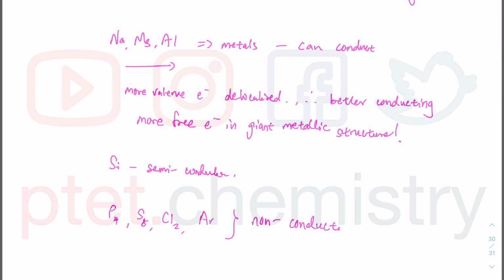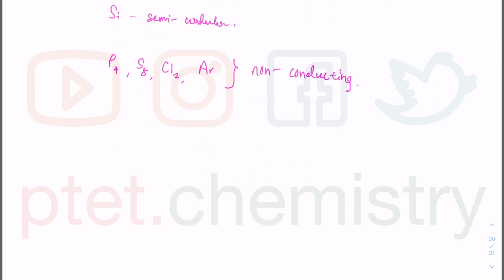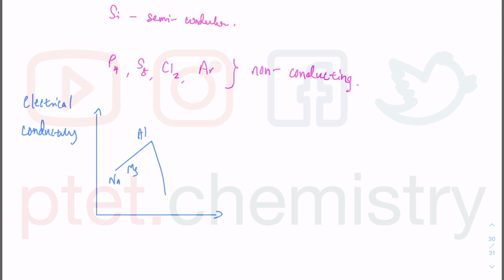So before I look through the options, I should really be thinking about, let's just sketch it out. Let's sketch out how our conductivity would look like. So if I have electrical conductivity, it will go up from sodium, magnesium, aluminium, and then it will go down to silicon, which is not very conducting at all. Perhaps I should go all the way down there. Alright, so silicon, and then it will jump all the way down there to